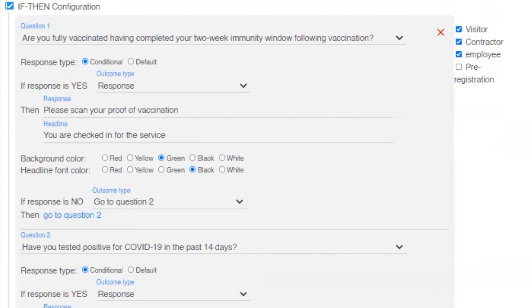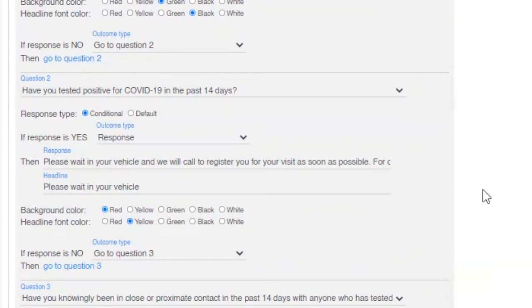When you go back to the back end, you can edit the background color. So if they are checked in, they get a green signal, they're good to go. And we can edit the font color to black, white, or whichever you think would be better, based on your customization requirements. Ultimately, what an if-then statement does is give us the opportunity